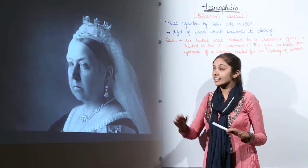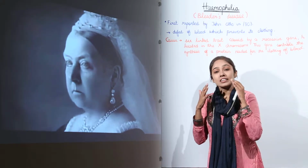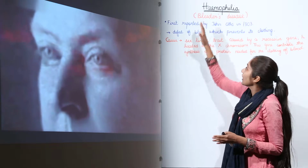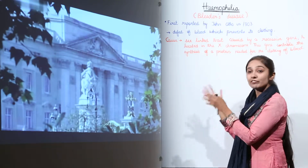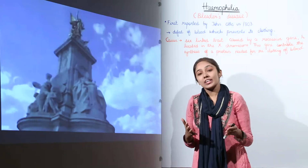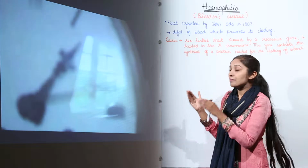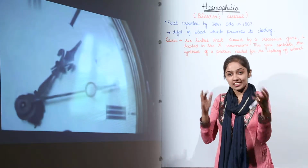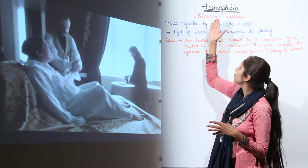This disease, hemophilia, was there in the blood of royal families, right? So we are talking here about the royal family. We are talking about Queen Victoria. Queen Victoria gave birth to her 8th son, who was named Leopold, right? So I am just taking you towards history so that you develop an interest in this disease, this bleeder's disease,